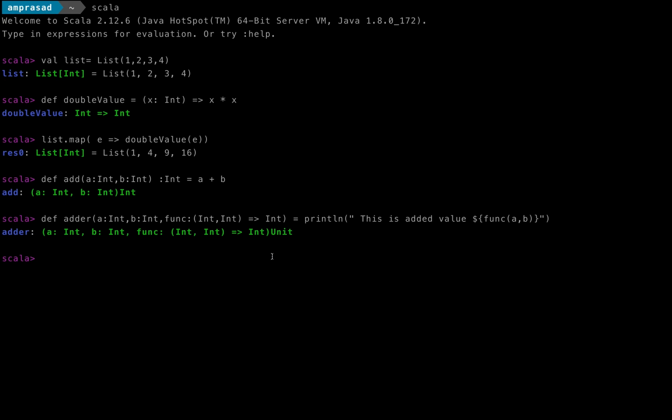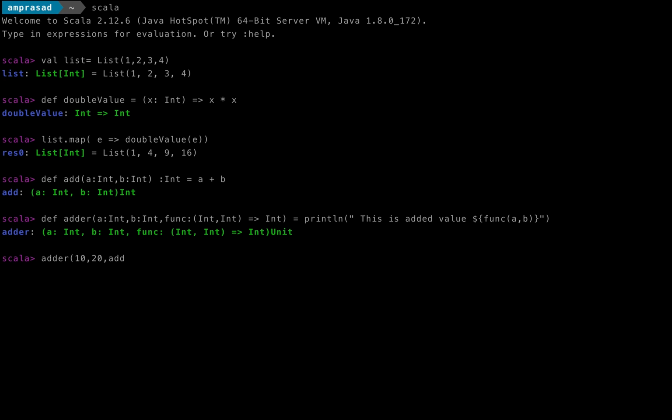Now we will call the adder method. In adder we will pass 10 comma 20. Now we have to pass a function which accommodates this kind of signature and has return type Int. We already have the add method, which is perfectly suitable for our use case, so we will say add.